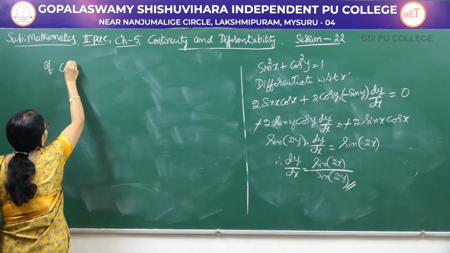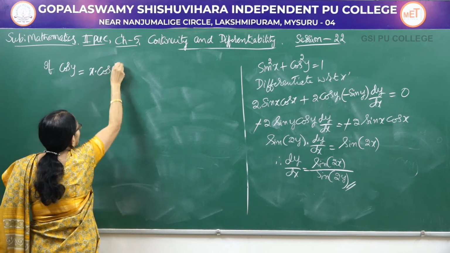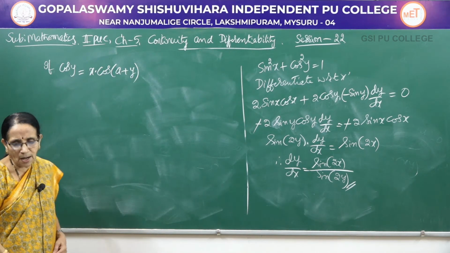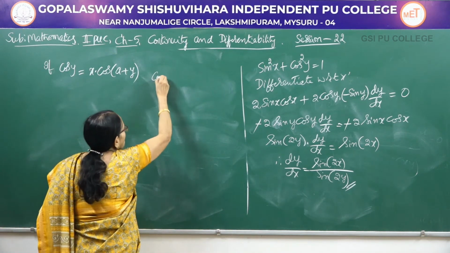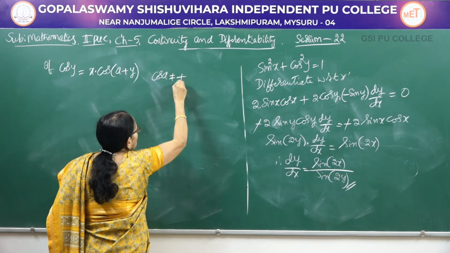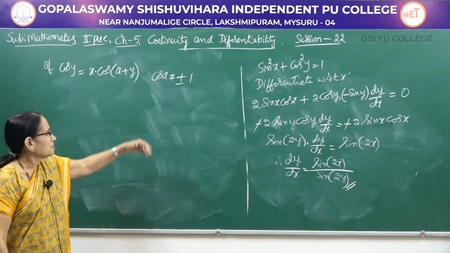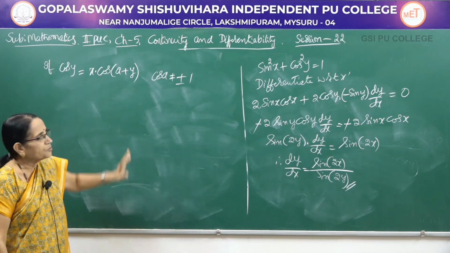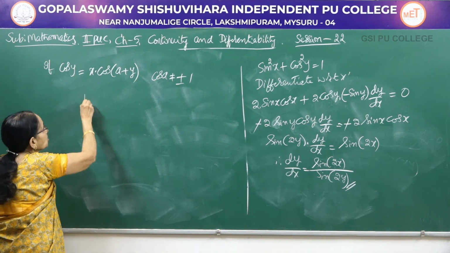If cos of y is equal to x into cos of a plus y, where a is a constant here, and one more condition is given: cos a is not equal to plus or minus 1. This condition is not always given, but if it is given, since a is a constant here, cos of a does not take the value either plus 1 or minus 1. Then you have to prove that